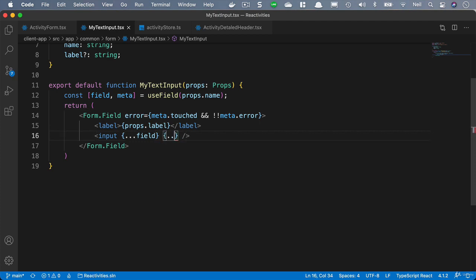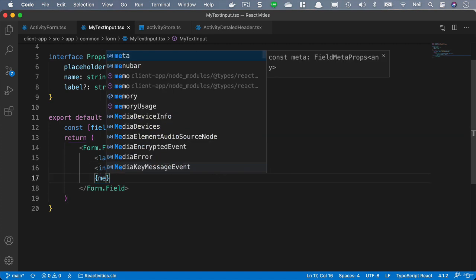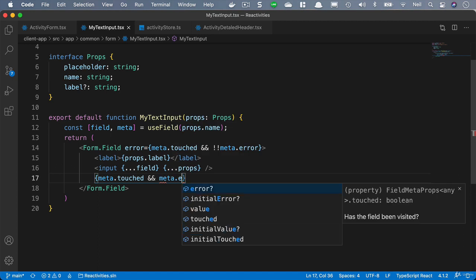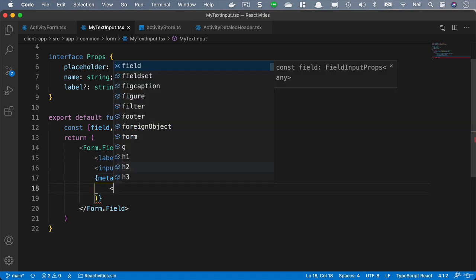And then we'll do the same for the props so that we also get the placeholder, the name, and the label if we needed it. And below the inputs, what we can do then is check to see if we've got any errors. So we'll say meta.touched and meta.error, and then we'll add a ternary. So we'll add a question mark, open some parentheses, and if we do have an error, we're going to specify